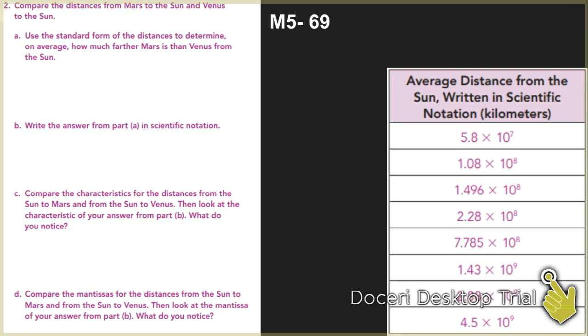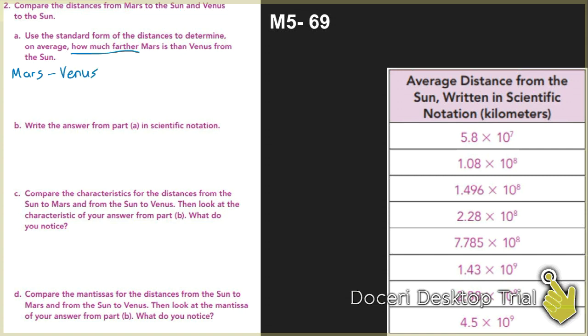Well, it says how much further in the problem. How much further, that is a sign that we need to do subtraction. We're finding a difference between distances. So what we're really trying to find is